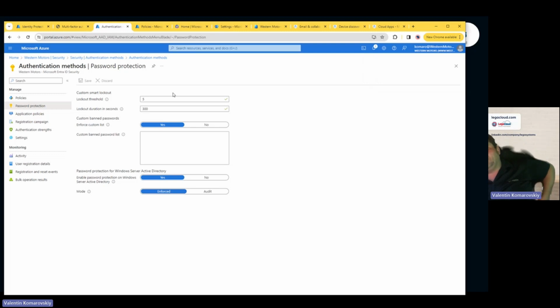So if you have risky sign-in and user at risk, they will probably get flagged before those 5 attempts are reached. But you want to have this setting on